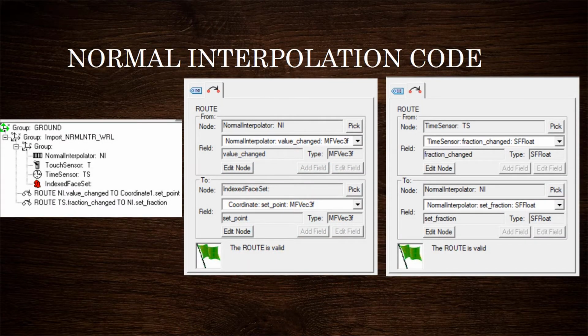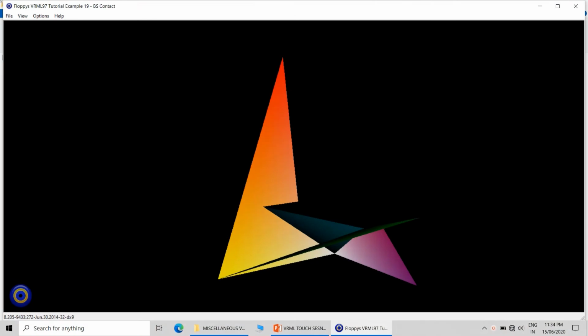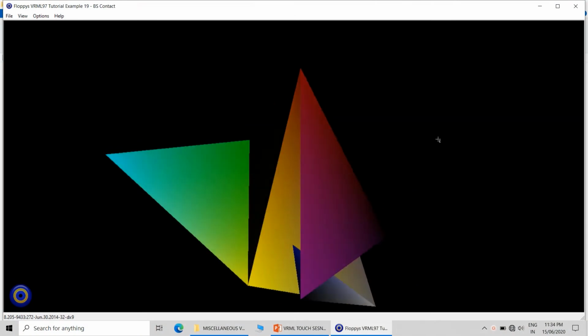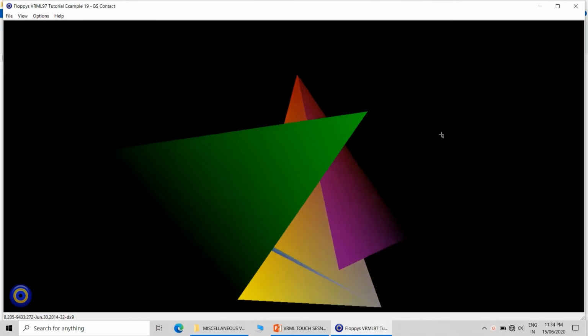Then there is a normal interpolation code. Normal interpolation actually allows you to change the shadow or say shine of the object, the light which is falling on the surface of the object, with the help of normal interpolation. So this is one object which I have created with a normal interpolation.